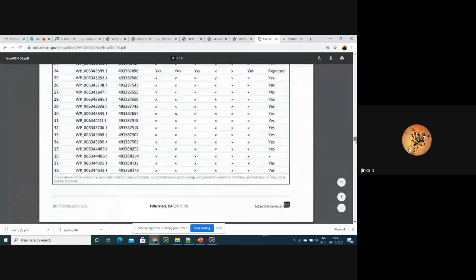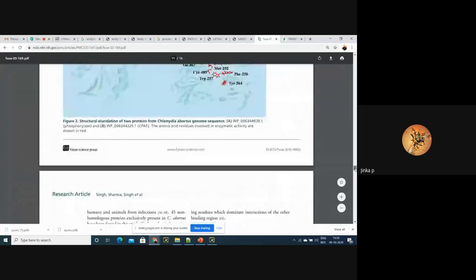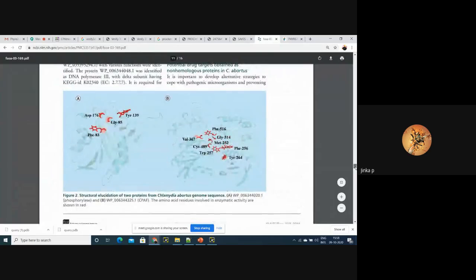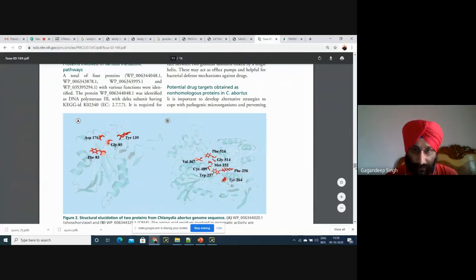Sir, what exactly does modeling a protein mean? Should it get a PDB file, or how is it? What do you mean by modeling a protein? First of all, do you know what the primary, secondary, and tertiary structure of a protein is?